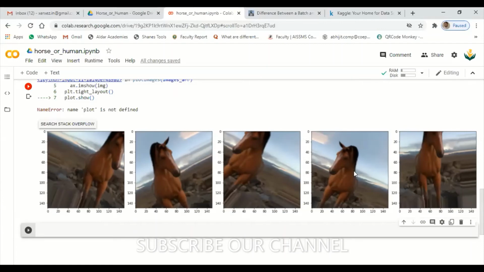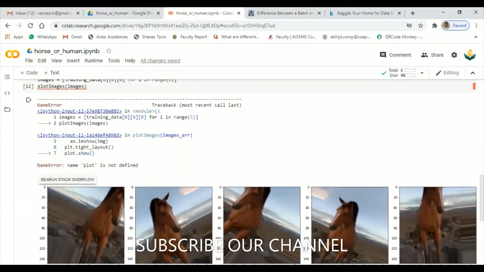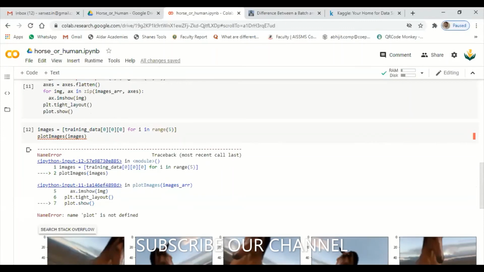So my convolution neural network should be able to process these different positions of the data and recognize whether it is a horse or a human. So far I was just preparing my data so that I can give it to my convolution neural network.